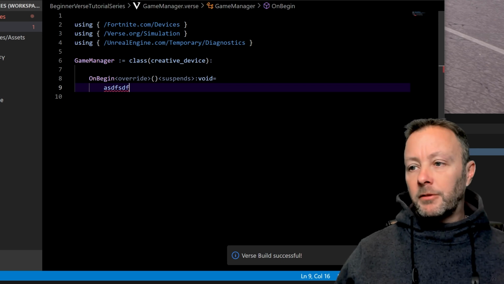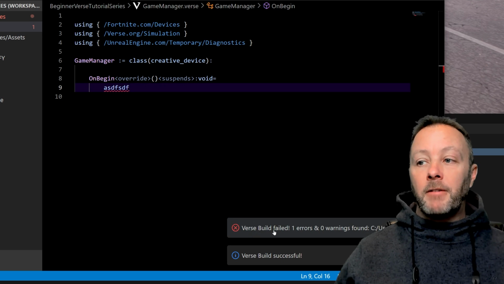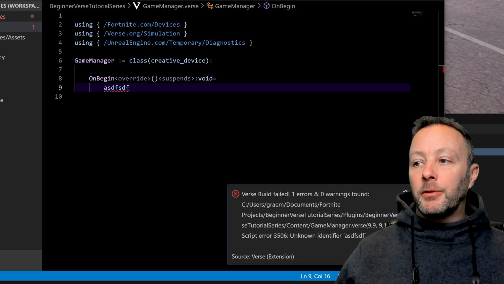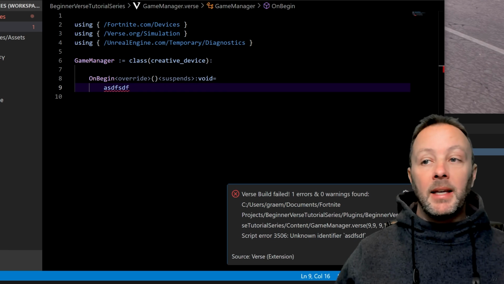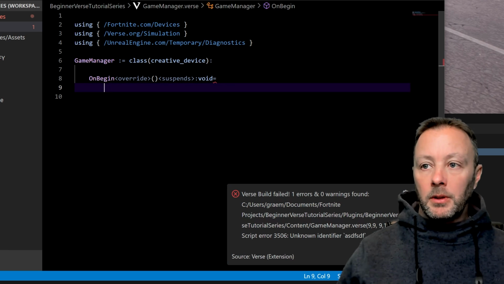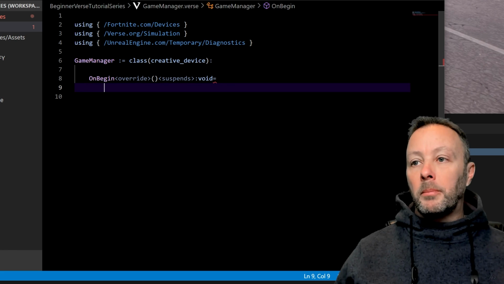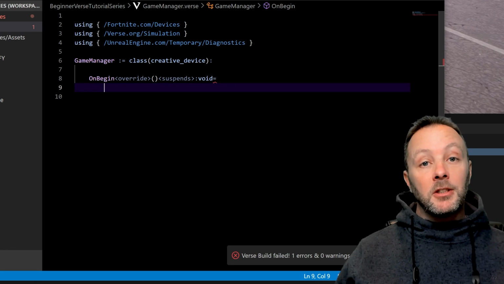Save, Control-Shift-B, Verse build failed, 1 errors and 0 warnings found. And then we can find these errors if we just open up this little arrow here and it will say, hey, there's a problem here. So if we take this out, save it, X that, Control-B again, it's going to say, hey, there's still an